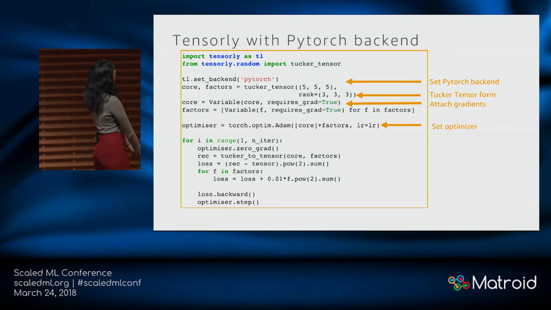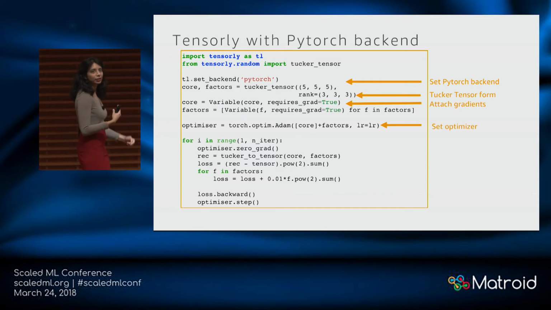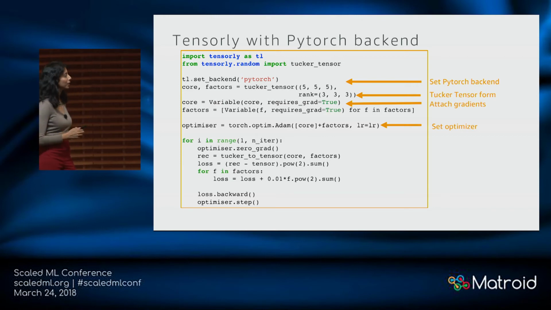Just to give you one example very quickly, you can very easily set up the backend, whichever you like it to be. And in this example, we're looking at a Tucker form of the tensor. That's having a core tensor and factors, and you can specify what rank you want that to be. And what you can now do is attach gradients to all these variables and do the standard optimization with any optimizer you choose. So it becomes a very nice integration to existing deep learning frameworks, in now being also able to explore the range of tensor operations in various neural network architectures.